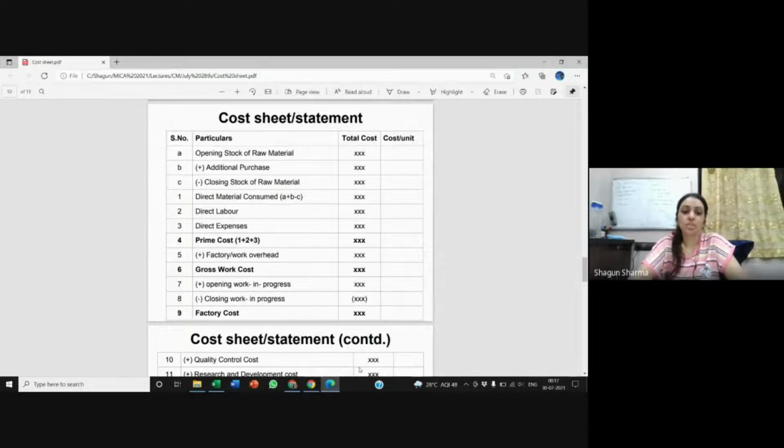Okay, so the last topic for this video is the cost sheet. Simple. Why is the cost sheet prepared? The cost sheet records all your costs, okay? Then it divides that total cost by number of units. What you get is the cost per unit. To this cost per unit, you add a desired percentage of profit, and that gives you the selling price per unit. Okay, so that is the purpose of the cost sheet.